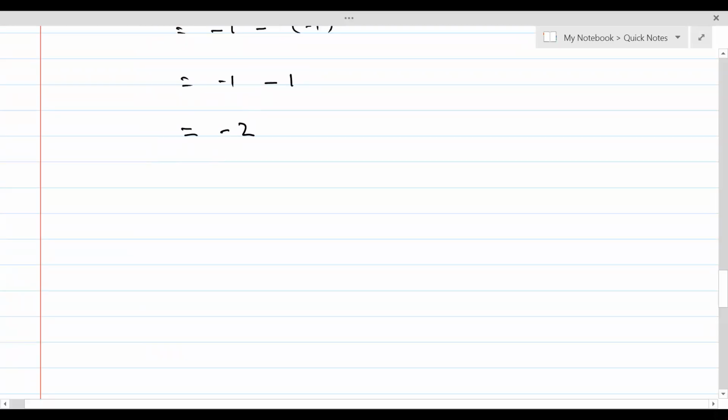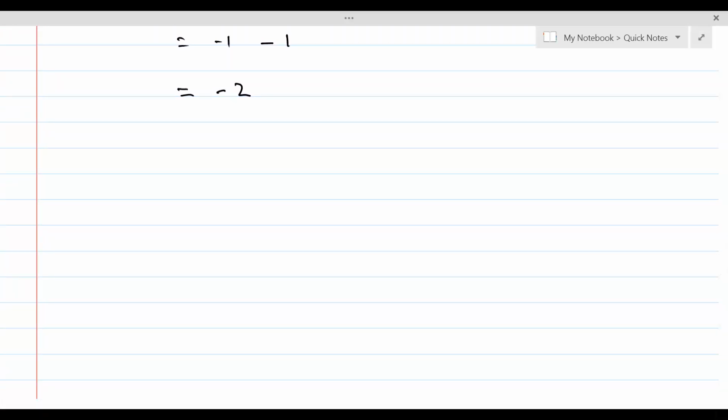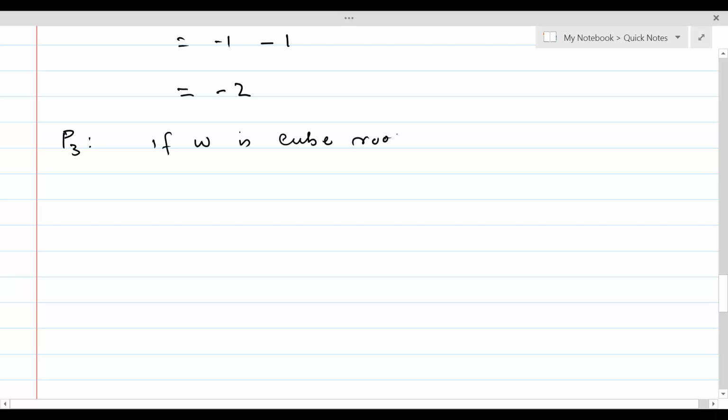And now question number 3. For problem 3 we have: if omega is the cube root of 1, then find the equation whose roots are 2 omega and 2 omega square. If omega is the cube root of 1, then